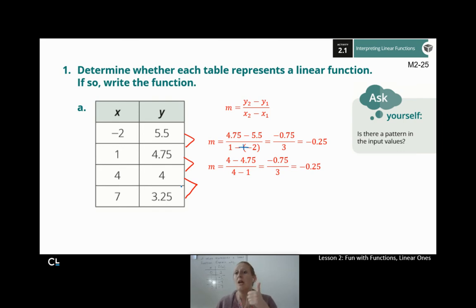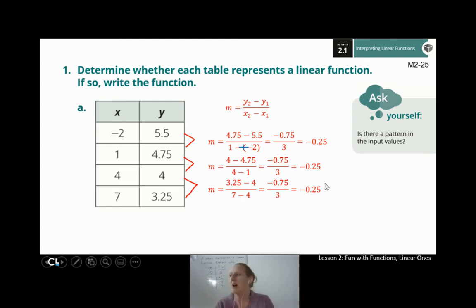So far, so good. But this last set also has to match. They've all got to match. If even one of them goes off, it's not a linear function. So let's do it one more time. Subtract my y's. 3.25 minus 4, 7 minus 4. So top, bottom. If I do 3.75 minus 4, I get -0.75. 7 minus 4 is, of course, 3. And if we divide, we get